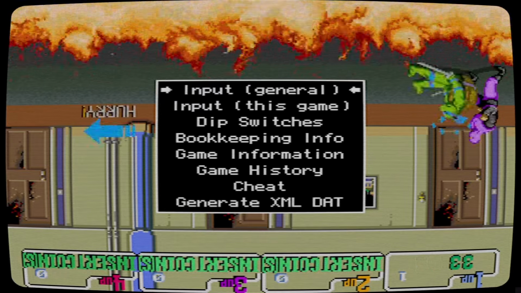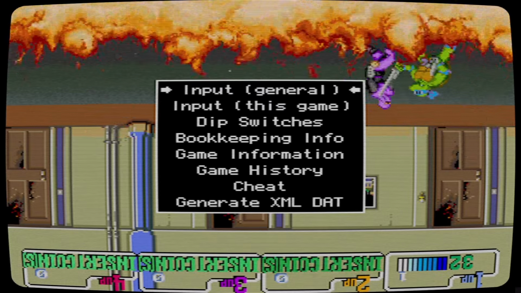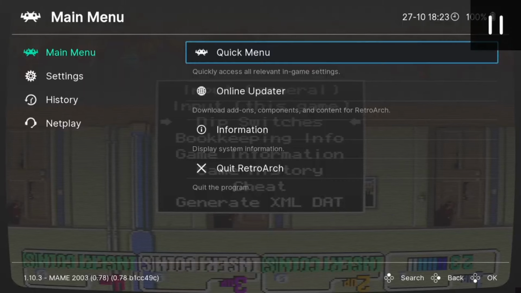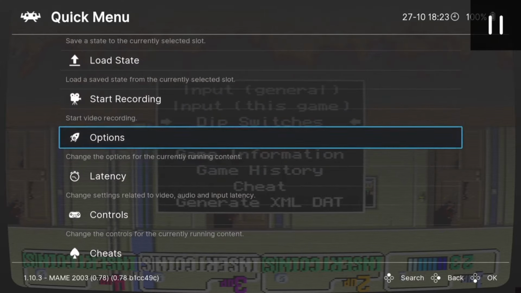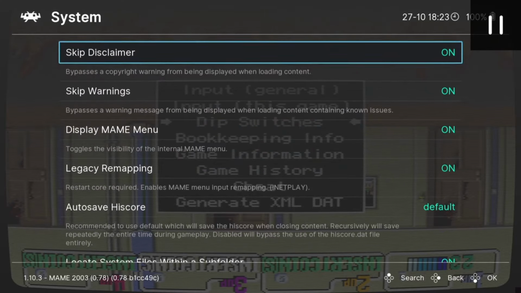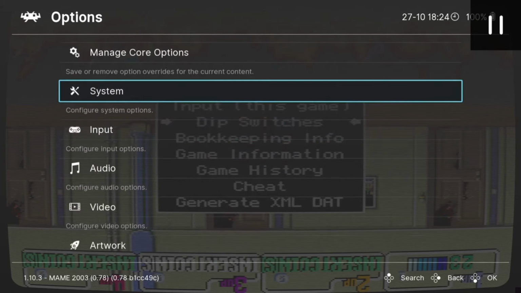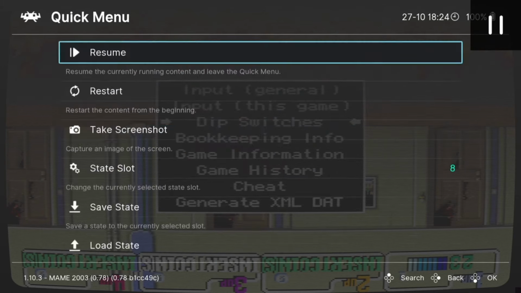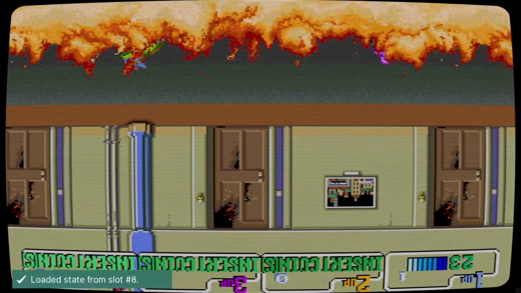And we then need to go back into RetroArch, so use the correct buttons, and then we can disable this MAME menu. To disable that menu, what we're going to do then is go back into quick menu, down to options, down to system, display MAME menu, turn it off, and quick menu, and then we'll likely need to restart the game again for the reverse effect to take place. So restart the game,